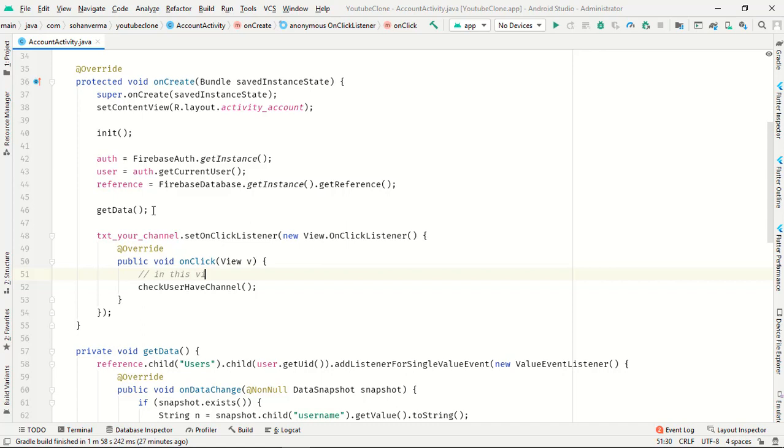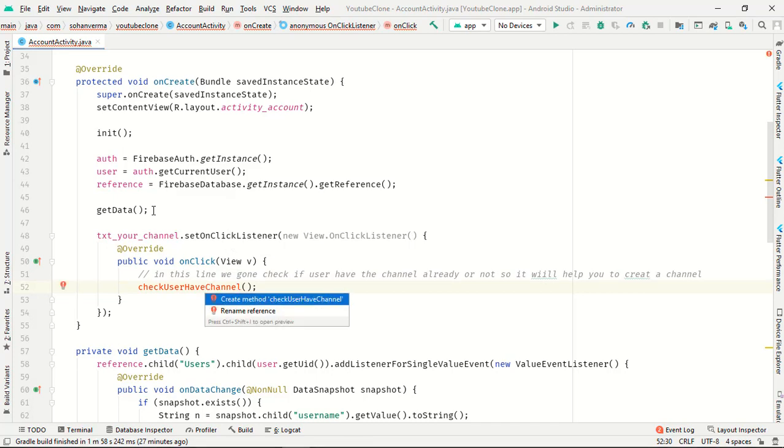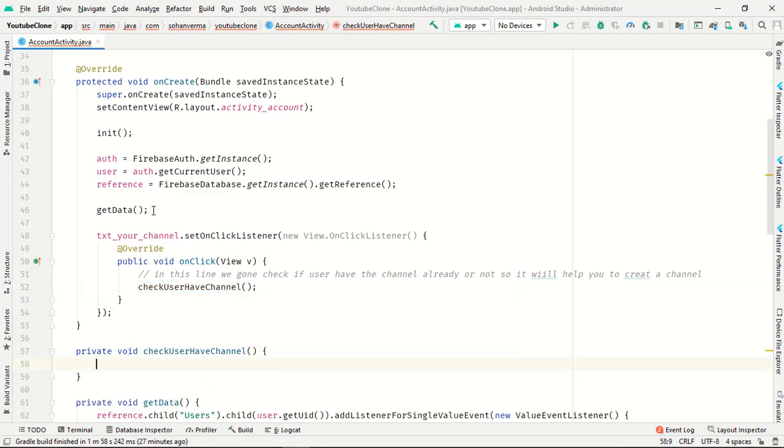In this line we are going to check if the user already has a channel or not, so it will help you to create a channel. Perfect.